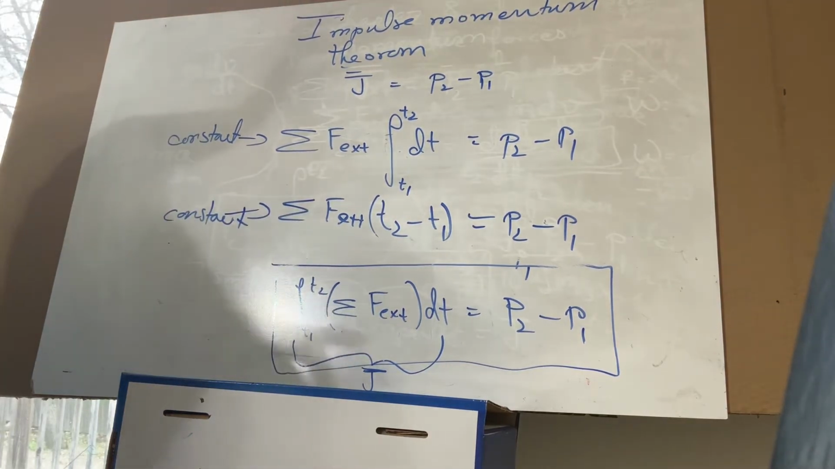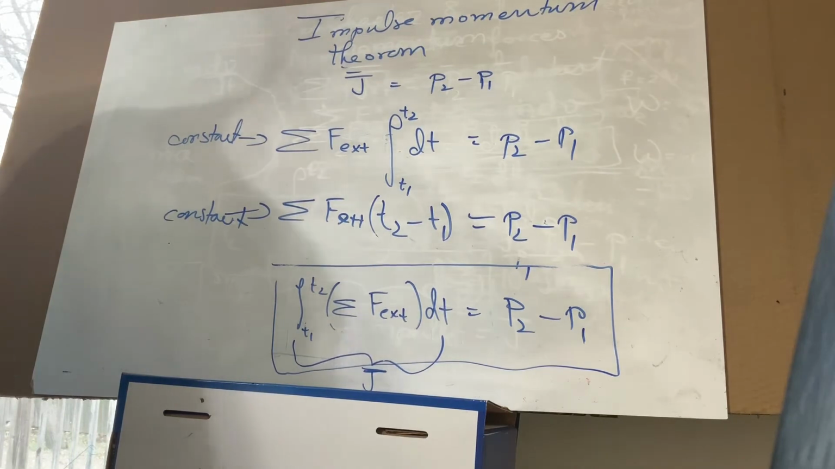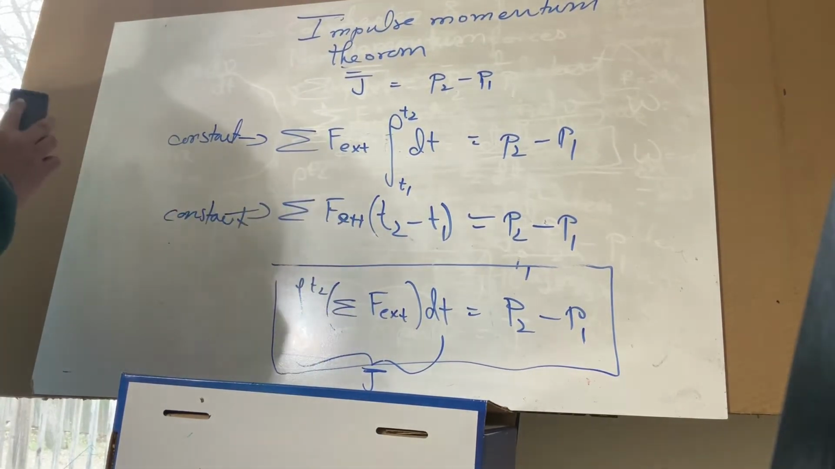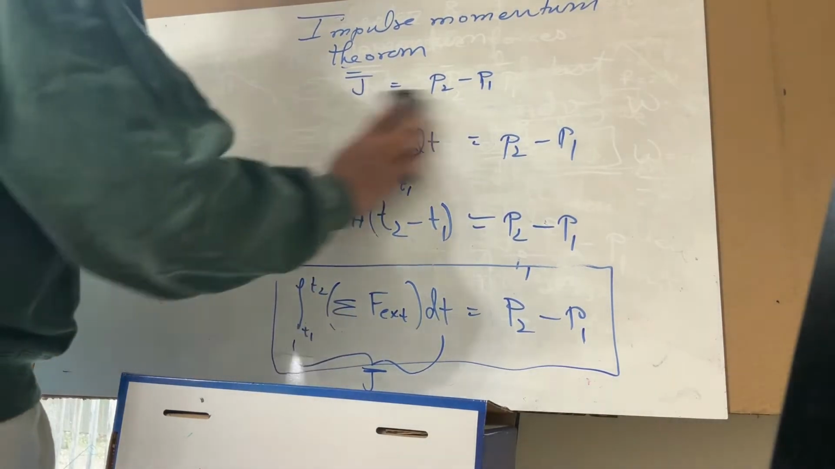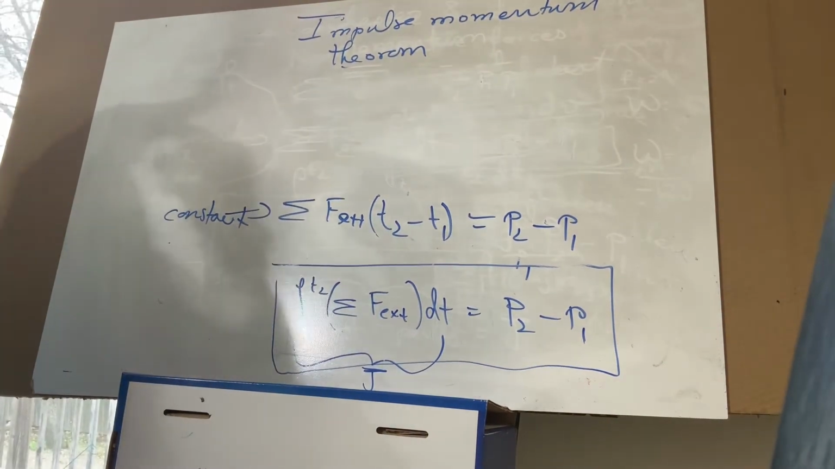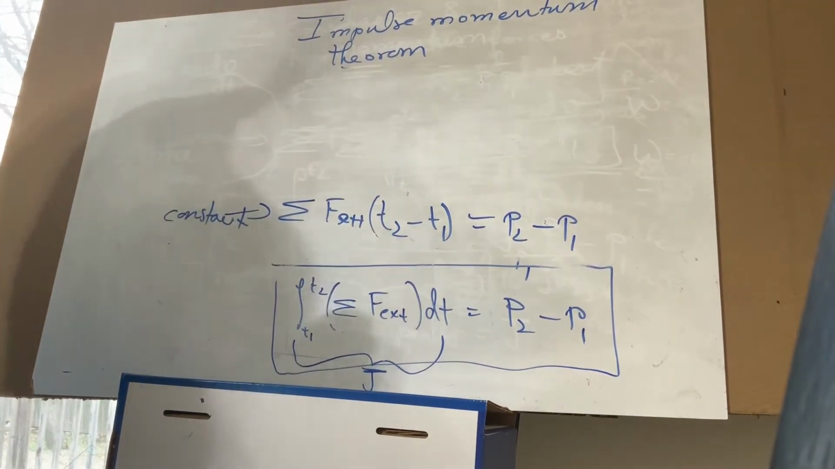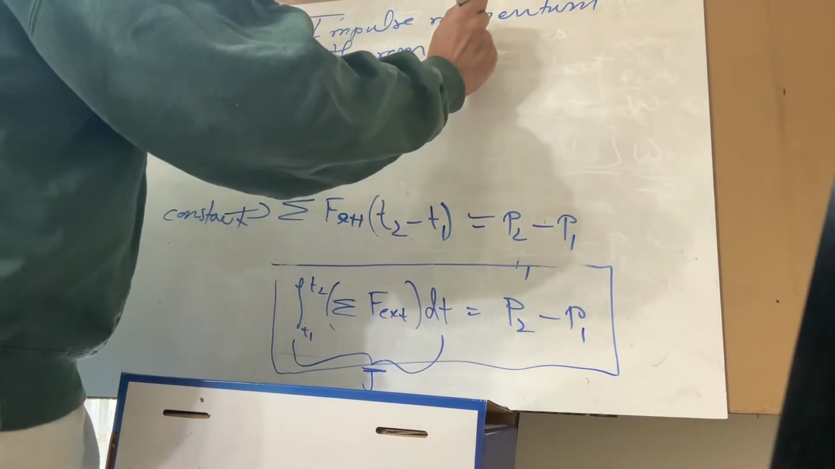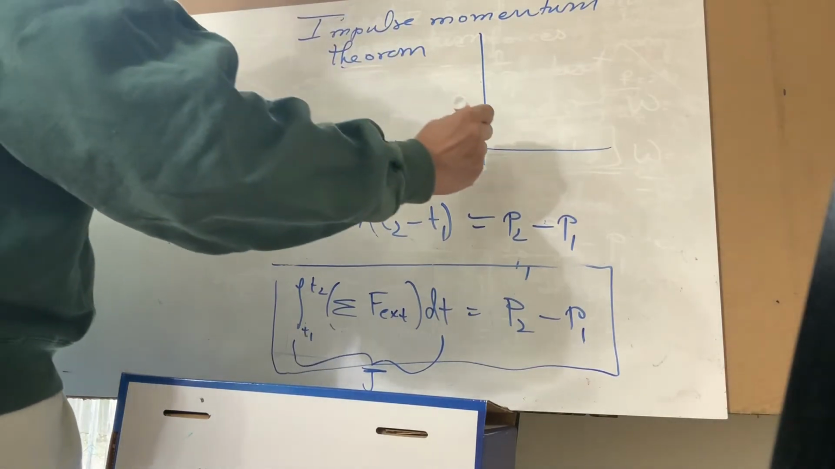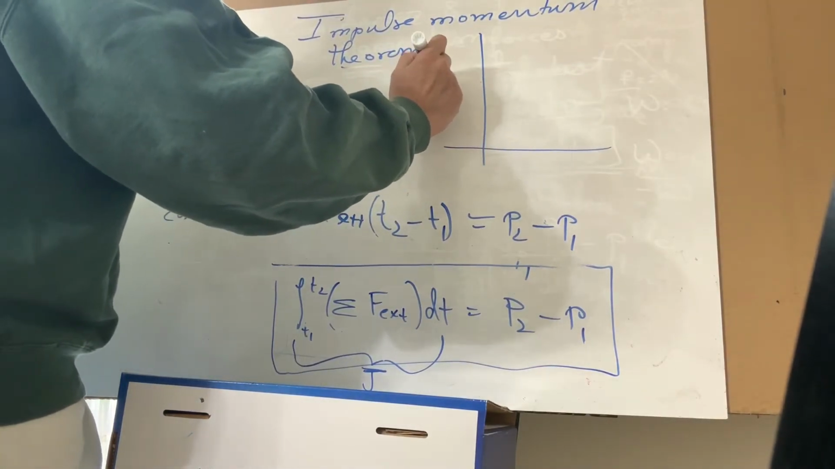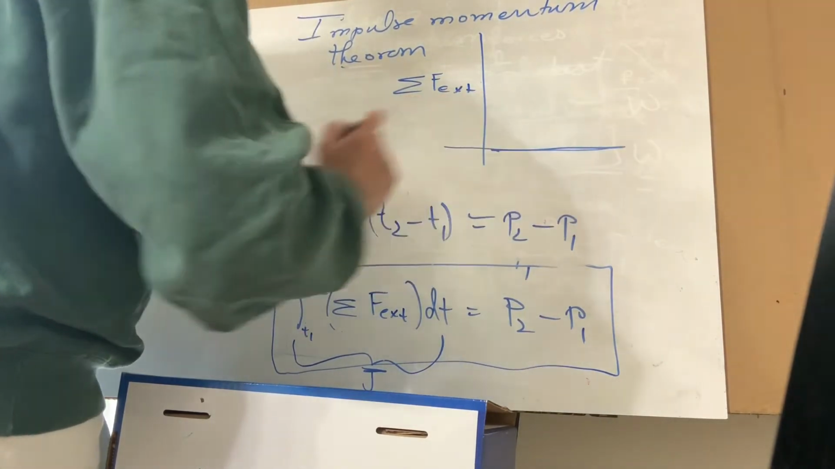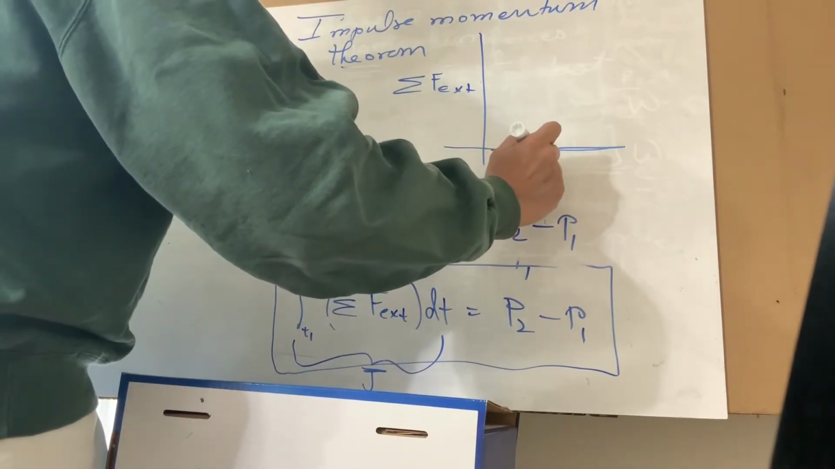All right, so I'm going to use this formula for situations where it is needed. One example is in the case of a collision. Let me explain. Suppose you throw a ball against the wall, and what happens? If this is the sum of the external forces, and this is time,